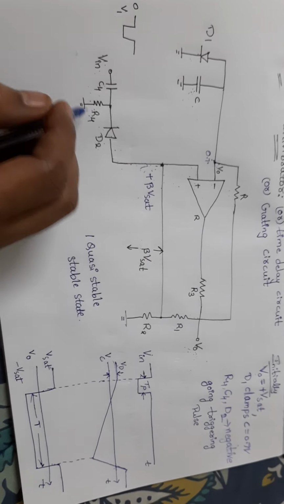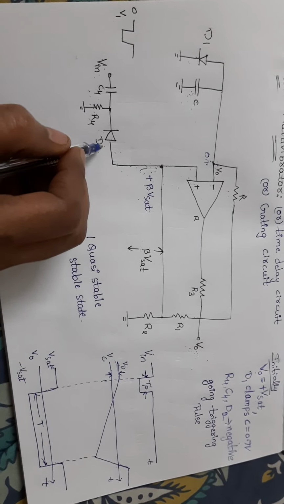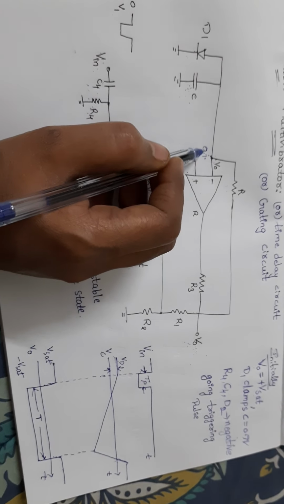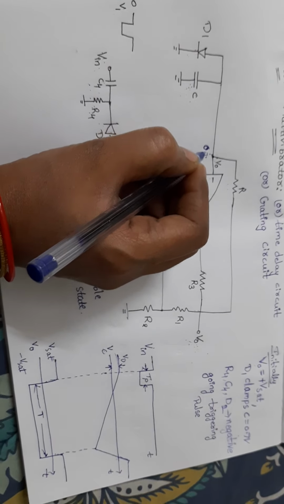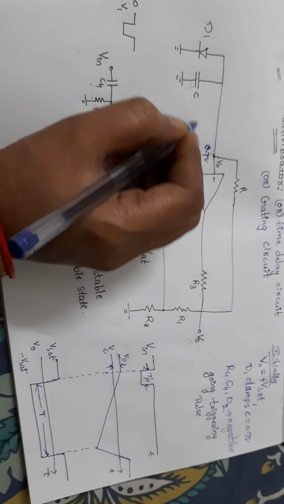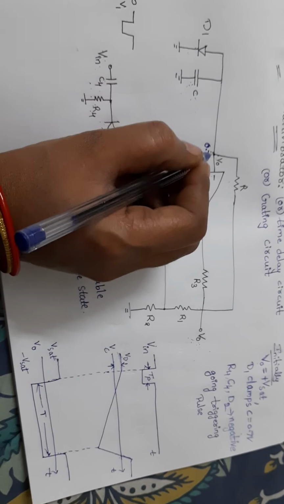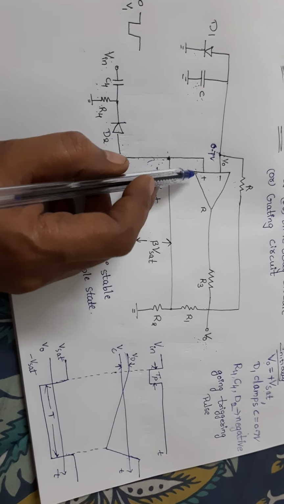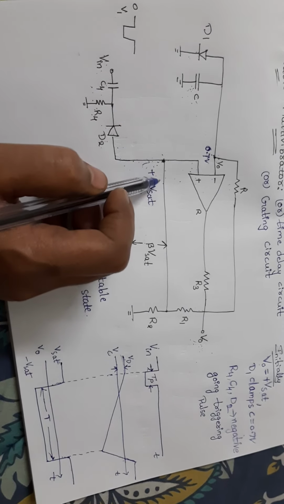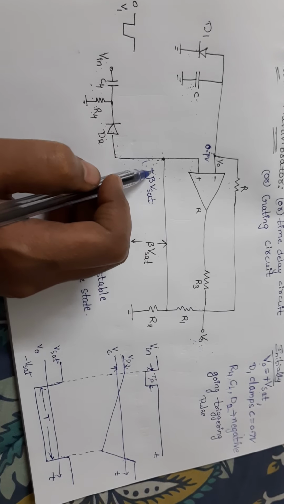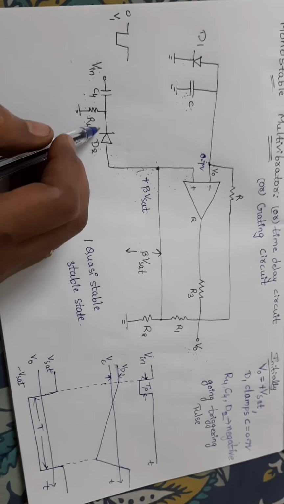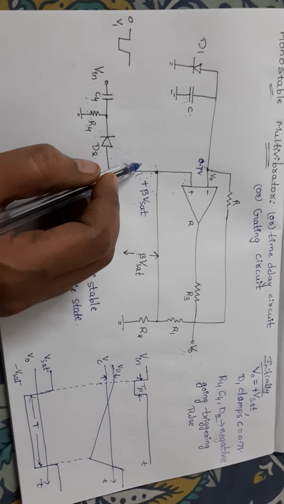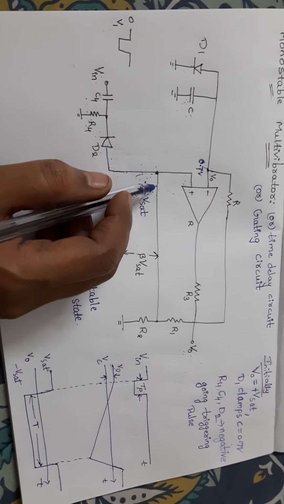And again you are applying the negative triggering pulse, the negative going pulse. The voltage across it here, we clamped it to 0.7 volts, right? Capacitor voltage is 0.7 volts, so this also will be 0.7 volts. And for the positive terminal, two voltages are coming. One is plus beta Vsat and the other is the negative triggering pulse of amplitude V1. So one is negative and one is positive.